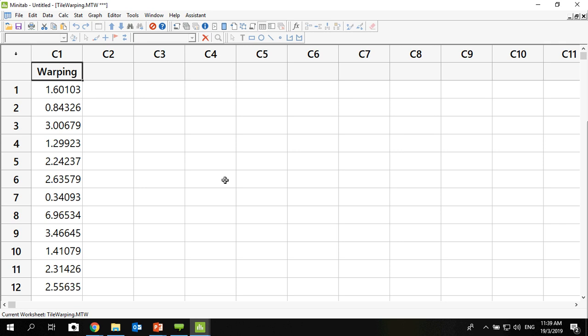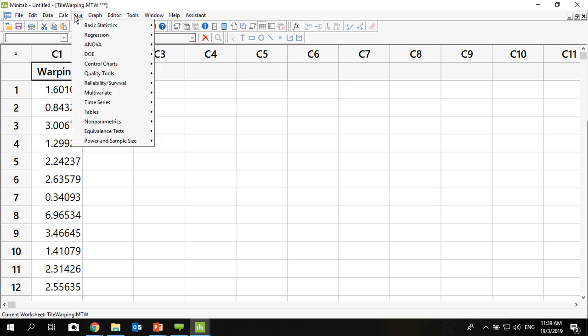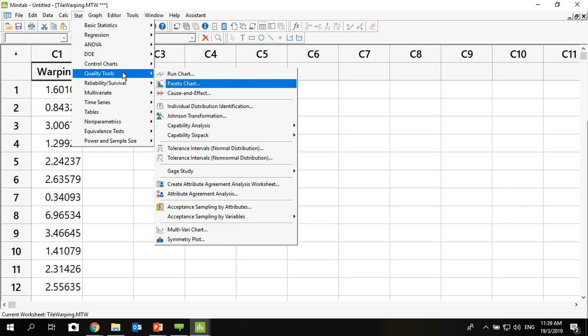We need a two-step process. The first one, we need to find the distribution, and the second step, we go for capability analysis. We assume that this data set already fulfills the first requirement, which is being in control. So go to Stat, go to Quality Tools, and then choose